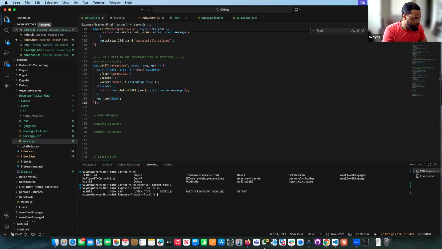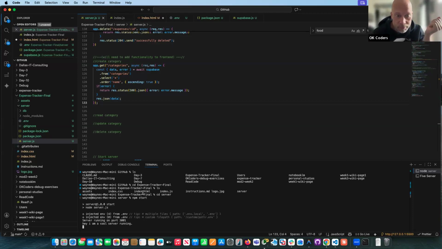Shelves. Yeah, cd into server. And then, yeah, now npm start. It should run. Okay, server's running. Cool. So yeah, now jump over to a new terminal,